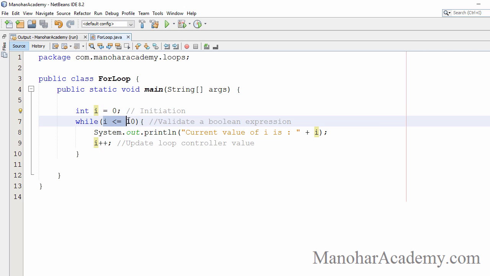I has to be checked for some condition. Then I has to be updated. So we have three parts apart from the task itself: initialization, checking for the expression, and updating the